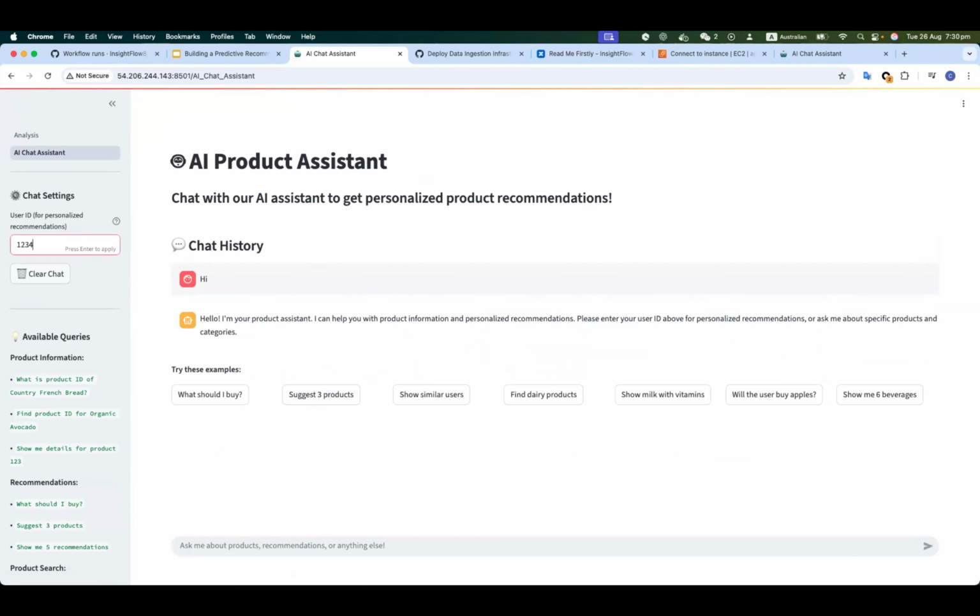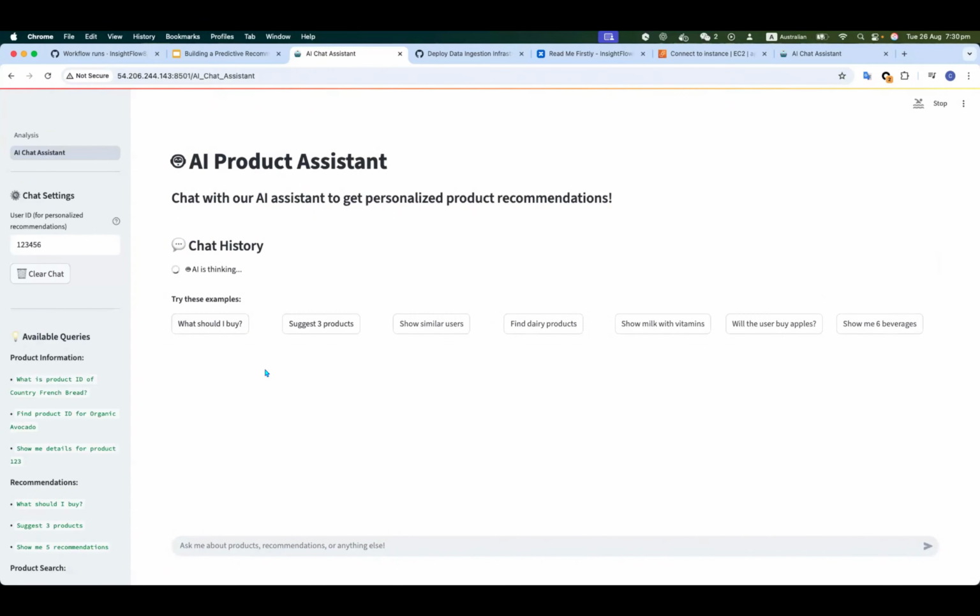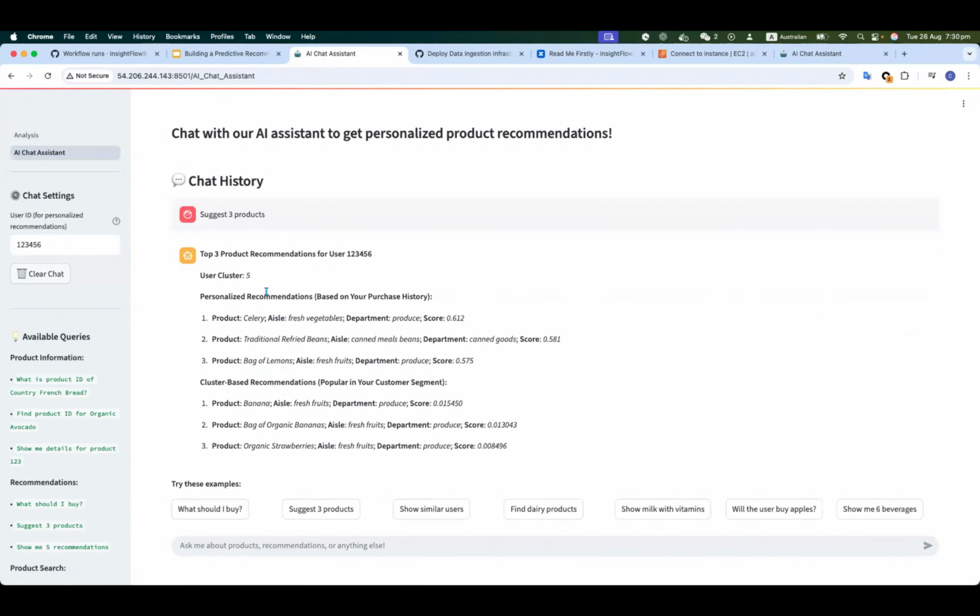So let's enter some user ID, and then we can let the agent suggest some products. It takes some time because it uses some tools. One is the AWS model, and the other is a cluster recommendation.